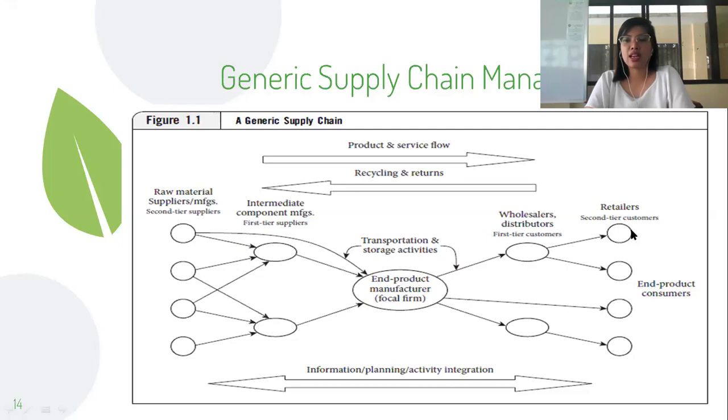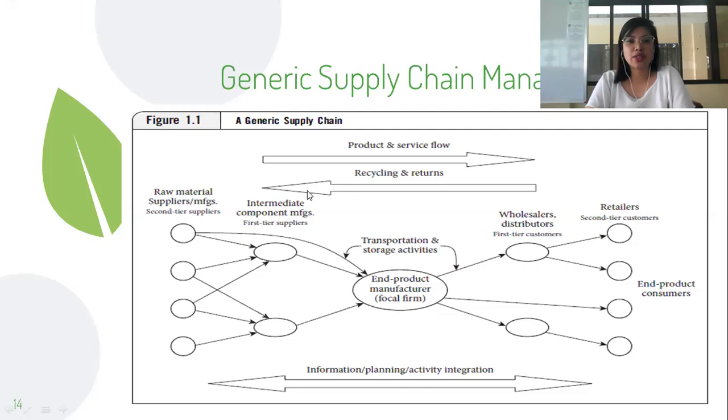And then the retailers will order from the distributor, and then it is going to have different end product consumers. So there are lots of connections here. Okay. So again, the product and service flow, from the supplier to the retailers, and then the recycling